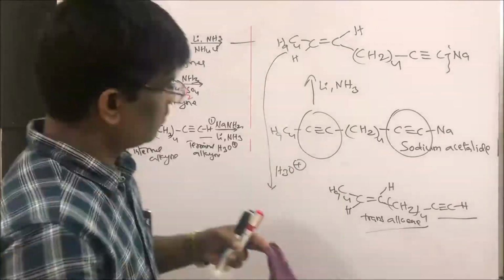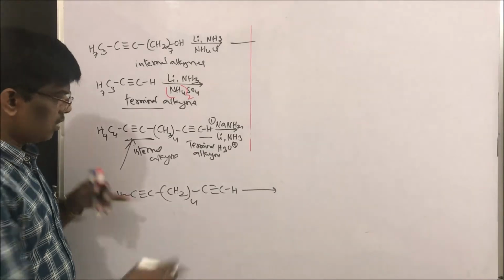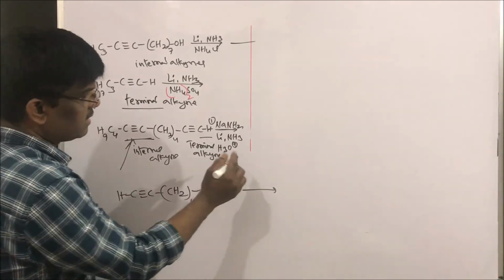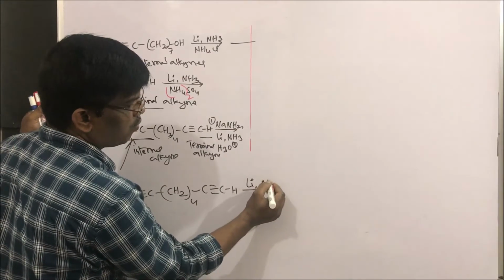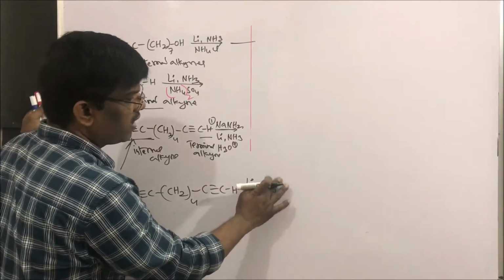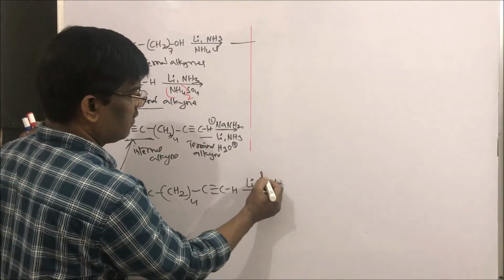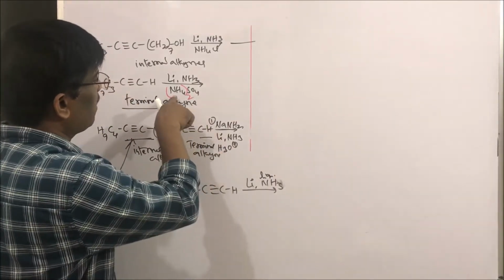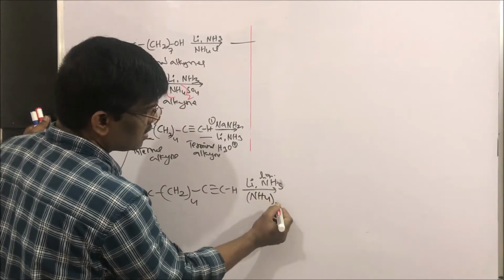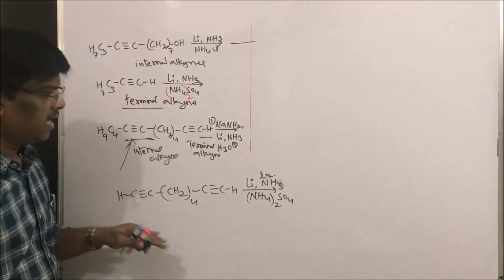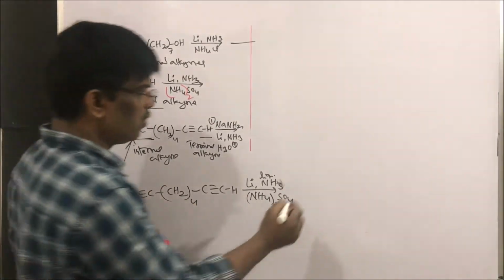Next, let us do some more examples. Let us take one more example. Here there are 2 terminal alkynes. Then what do I have to do? Just simply I will add lithium, ammonia. Whenever I am writing ammonia, it should be liquid ammonia. So liquid ammonia, followed by what do I have to add? Ammonium sulfate. In the presence of ammonium sulfate, these terminal alkynes also undergo reduction to give